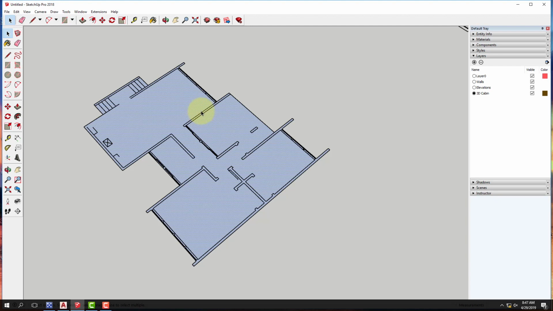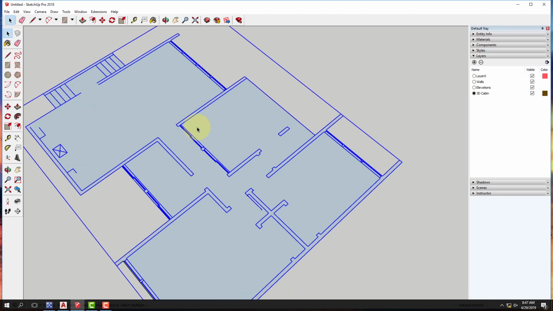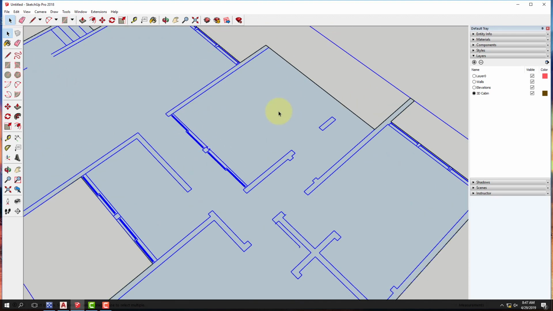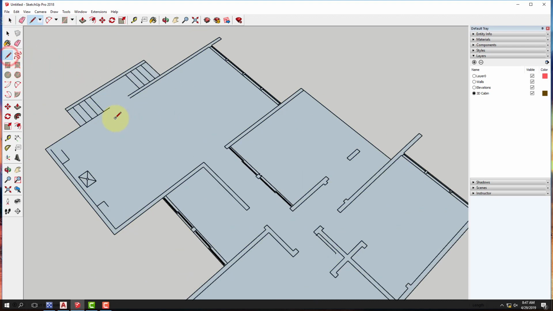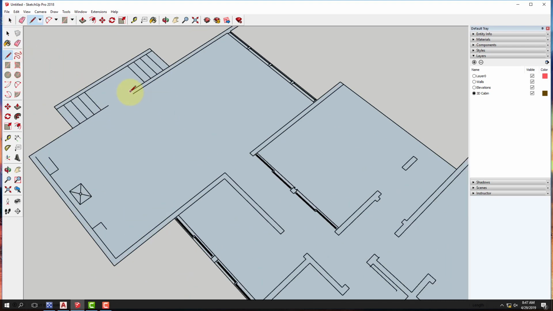One strategy is at this point to explode the basic floor plan. And when you do that, all those lines become live lines, and then suddenly you have individual cutouts. It may save you a little bit of time to do it that way, but you'll end up with more pieces than you really need. And so I think it's always a little bit easier or safer to go ahead and make your own divisions. So I will start tracing around where my